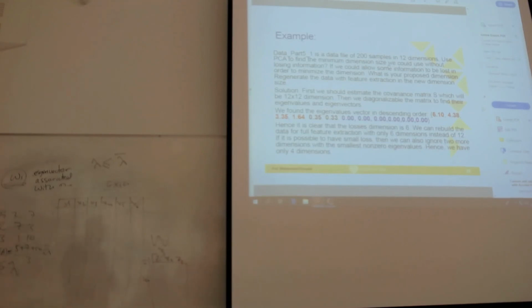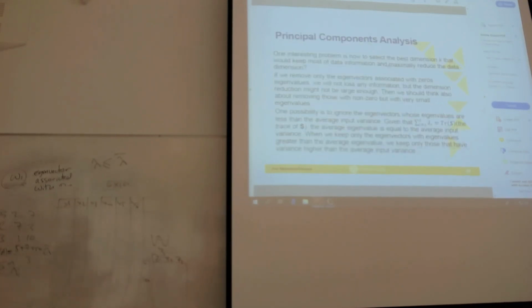This is one method. But of course, if the application is a conservative application, where every piece of information is important, in that case we should select this threshold to be as small as possible. Because as you increase the threshold, you lose more information from your input, or from your data.